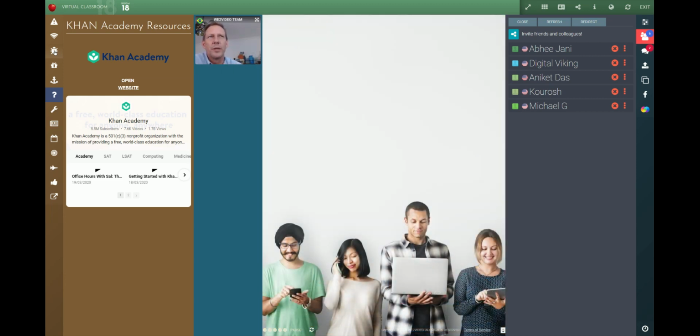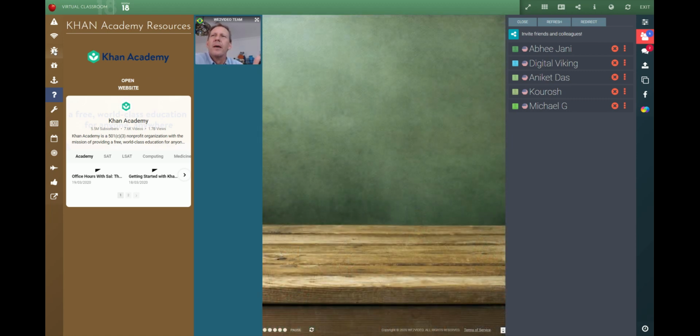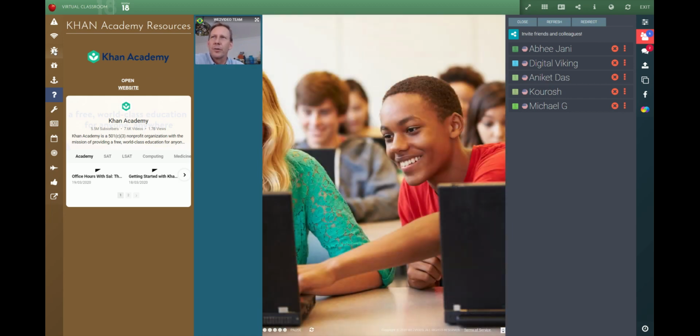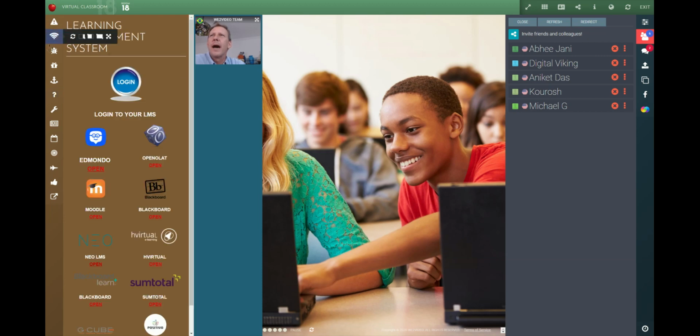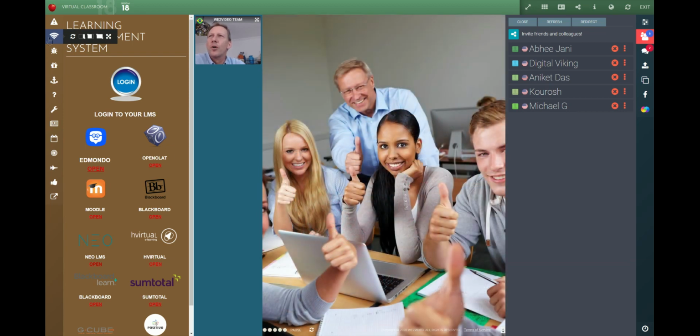So these rooms really, depending on what you want to achieve, you design it first, and then you go and you format your icons. For example, icon number 2, that's a Wi-Fi logo or icon, says learning management systems.